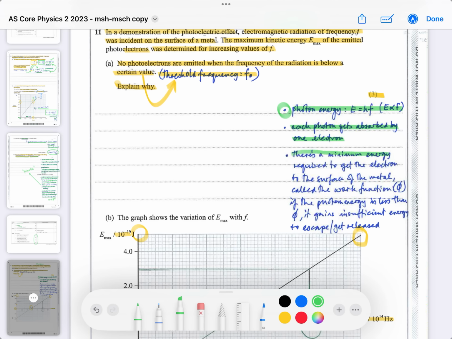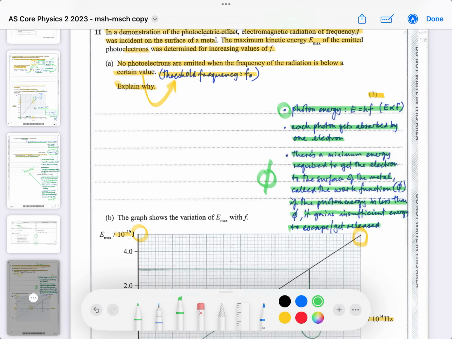There's a minimum energy required to get the electron from somewhere inside the metal to the surface of the metal. Yeah? So you know that. And this is called the work function of the metal. Phi is the symbol. Phi written like that, Greek letter. Okay, so we've done this in theory. Now you've got to be able to describe this. If the photon energy is less than this value, the work function, it gains insufficient energy to get released or to escape from the